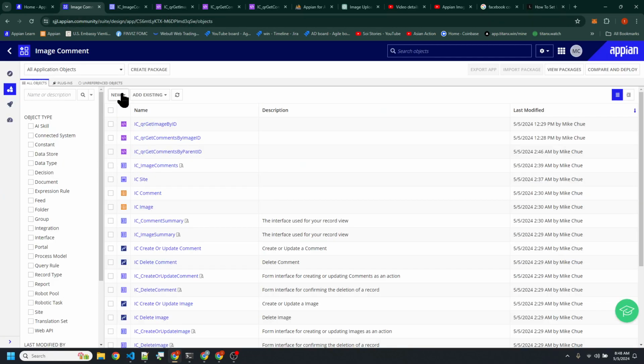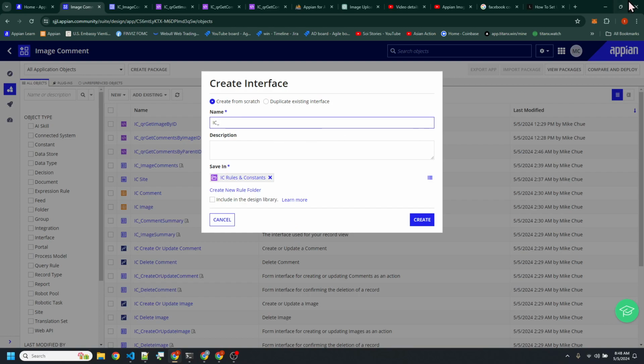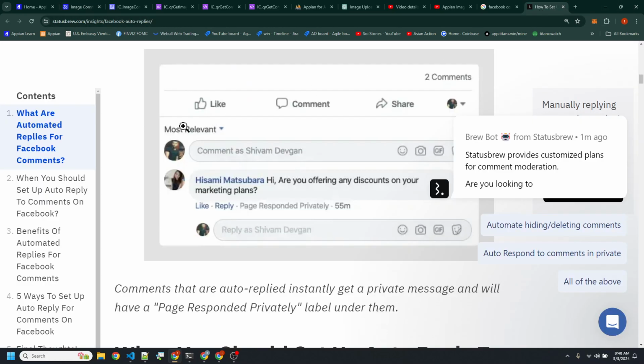So imagine if you did something like, okay, I'm going to create another interface, and I'm just going to say comment box, or comment reply widget, something. Or maybe it's just a comment. No, no, no. It's actually a comment in reply tool, right?